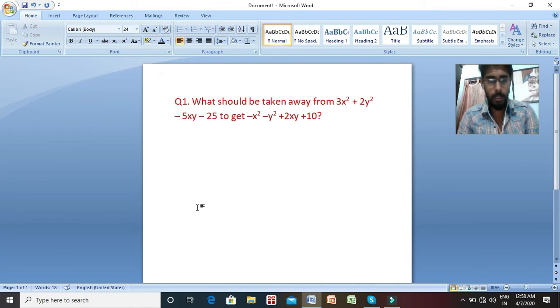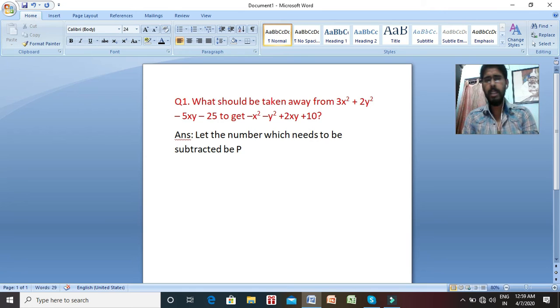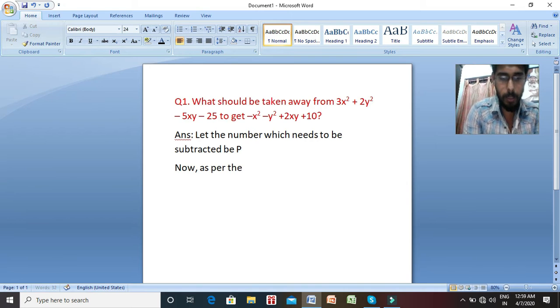we have to first consider the unknown number as a variable. So let the number which needs to be subtracted be p. Now see, here we have not considered x or y because our expression is itself given in x and y. If we consider x and y, we will get confused with the same alphabet. So we have taken p here. So now, as per the question,